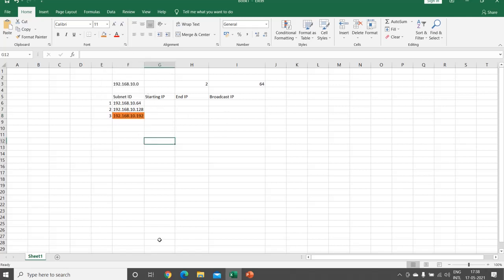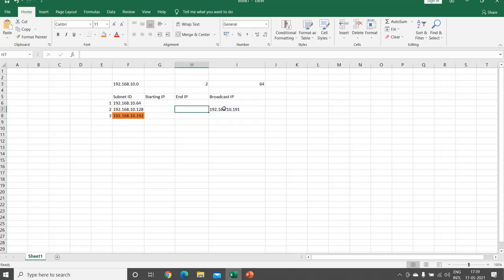Now we'll have to find out the rest of the details. As per standard information, filling this table is very simple, but I am going in reverse order. Since this is the next subnet ID, the prior IP will be the broadcast IP. The broadcast IP is the last IP used in the network. For the 128 range, what will be the last IP? To know that, I need to know the next segment, so I wrote the next segment. Before this IP, it will be the broadcast IP, 192.168.10.191.